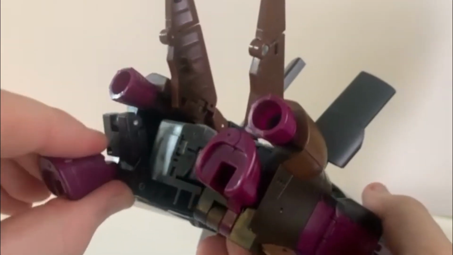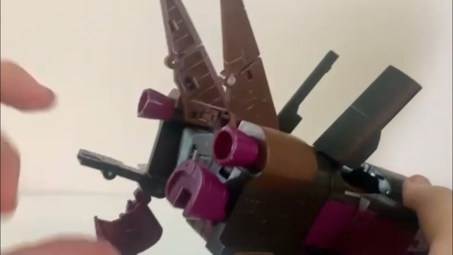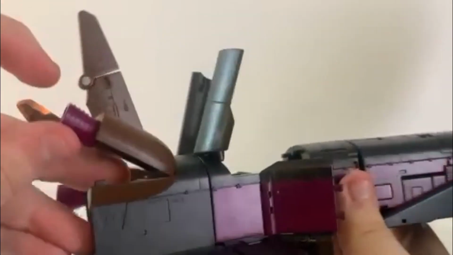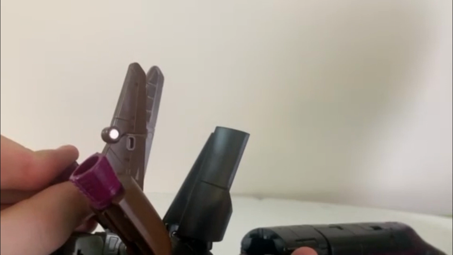Taking his foot here, we can unpeg it, and now we can open it and fold it down. Take this panel, open it, and leave it right there. Do the same thing on the other side here. Folding down, flipping out. Then we can fold both of these up, take the exhaust, or the thruster, sorry, and